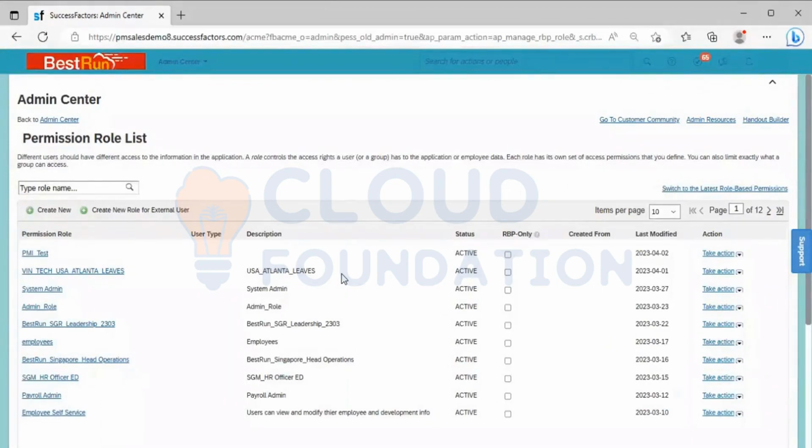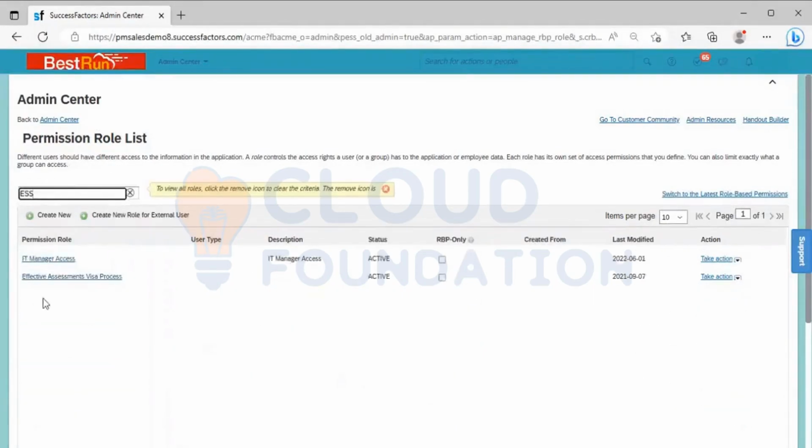If you are an implementation consultant, you have to click on create new and you will be setting up the permission roles. As I told you, permission roles are of various types. Permission roles can be of ESS, that is employee self-service.